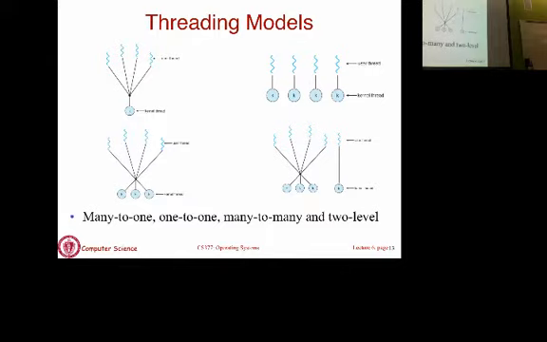In this case, you actually have to make a decision. When this process runs, you have to decide which of those 4 threads or 5 threads that are mapped onto it will actually get to execute. Otherwise, you will not know what will happen.